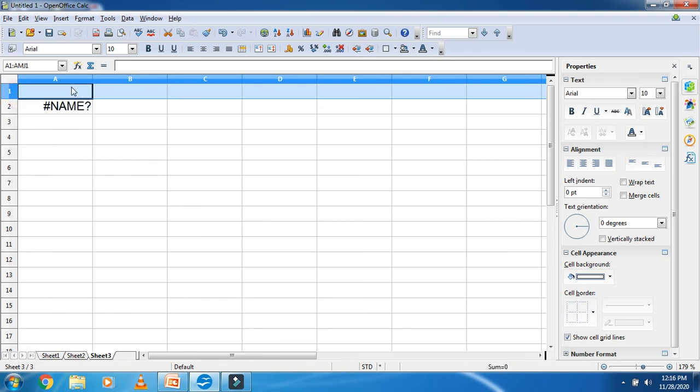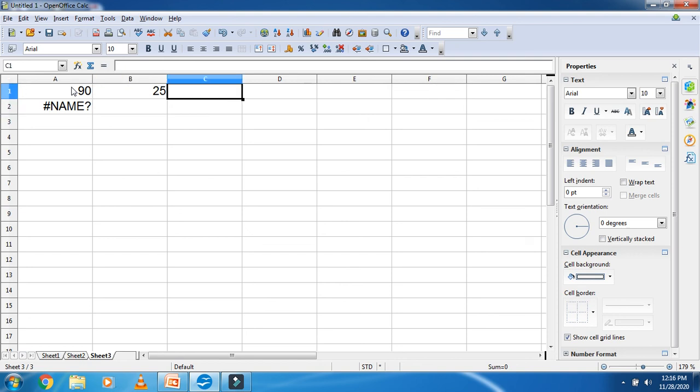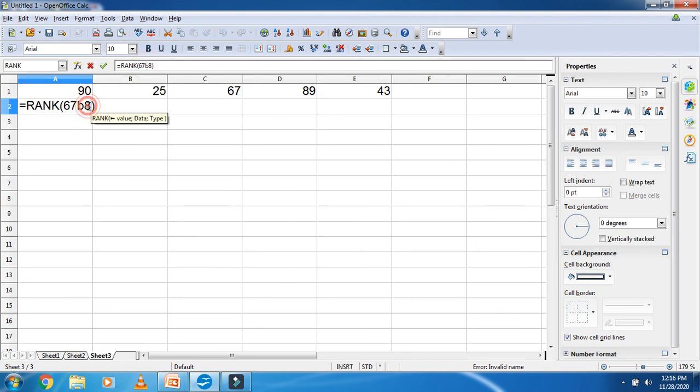Suppose here I am adding the numbers 90, 25, 67, 89 and 43. Okay, and here I am writing the number 67, and after that I select the range and a comma, then the order. I want the rank in descending order, that's why I use the number 0, and after that I press enter.